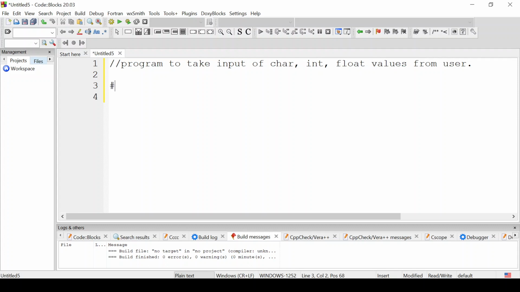For that, we will declare a variable int i, j. We are taking two integer variables, character variable char c, we are not assigning value here, then float k and n. Now printf,